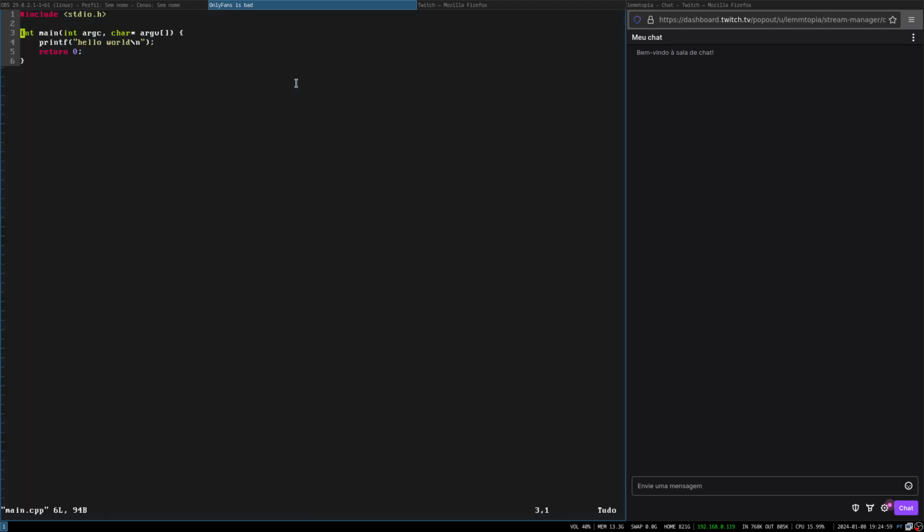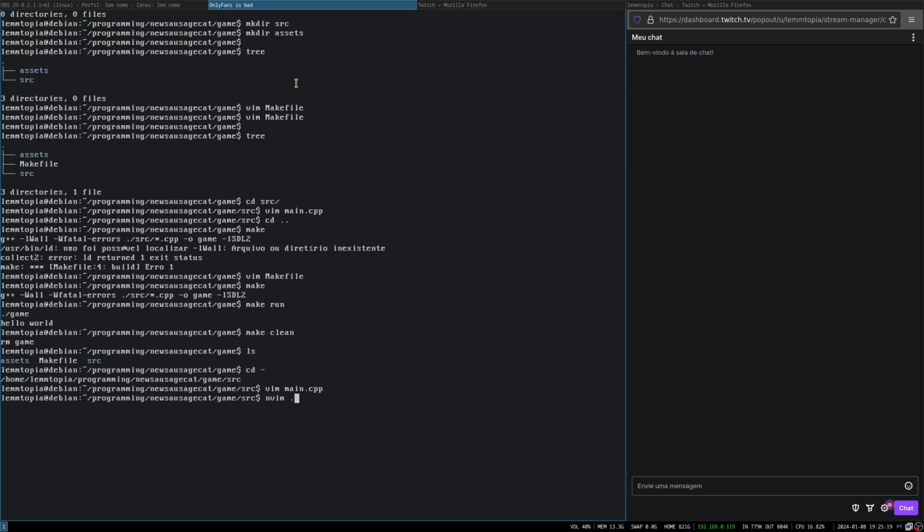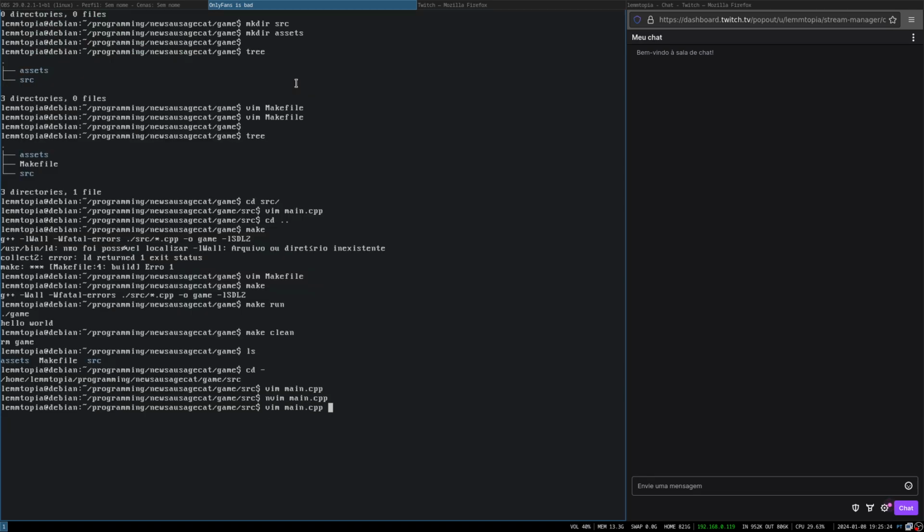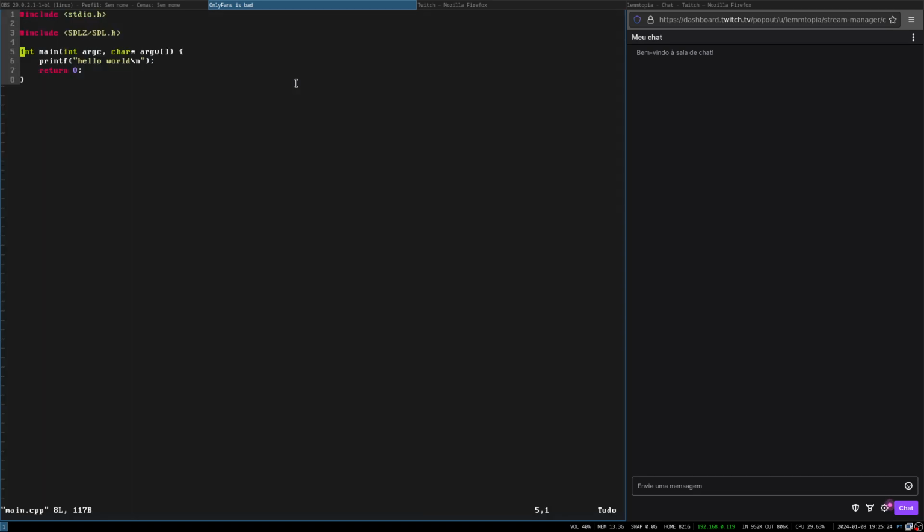Let's actually do something. So we need to include SDL, which is important. Let me just check NeoVim right here. Yeah, let's just use Vim. Vim is lighter. So let's first create a file called